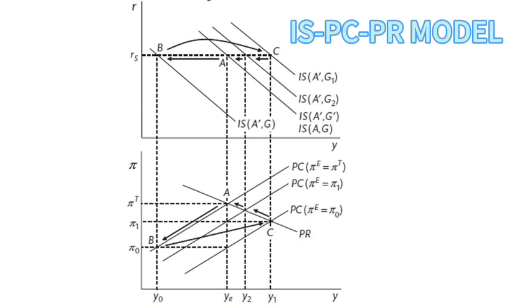The government needs to get point B back to the MR curve. Although output has increased, it has not yet reached the equilibrium point A that the government hopes to return to. The government will implement a contractionary fiscal policy, which will cause the IS curve to slowly shift to the left and eventually return to point A.